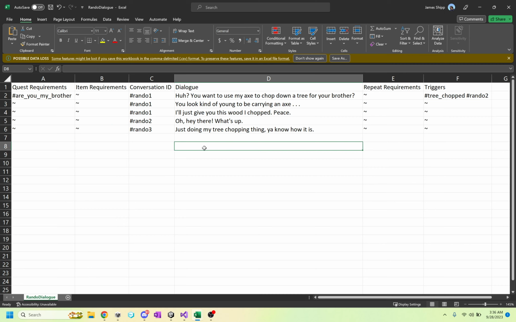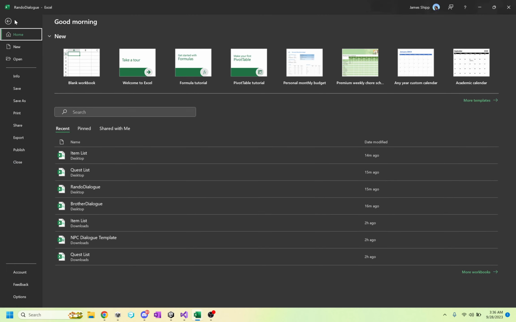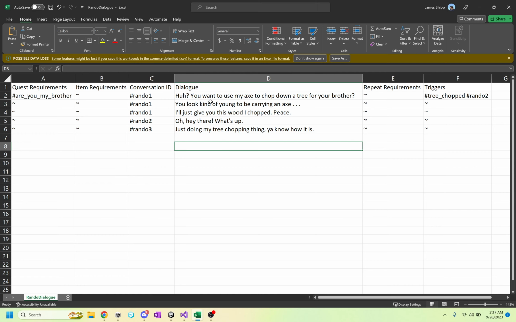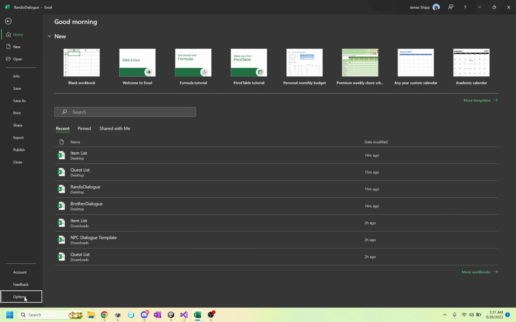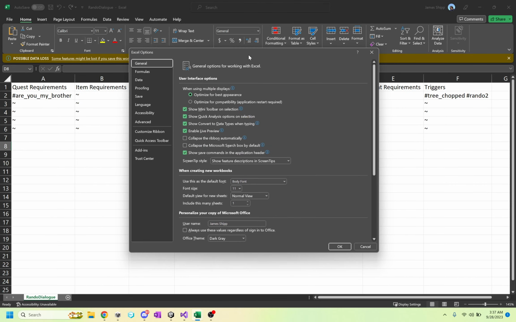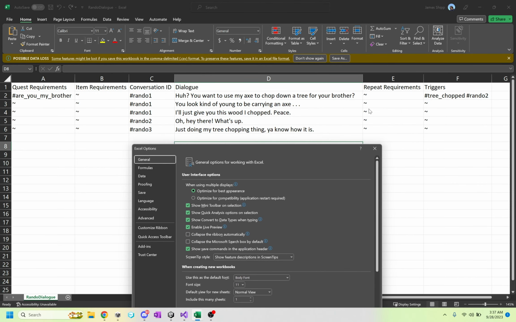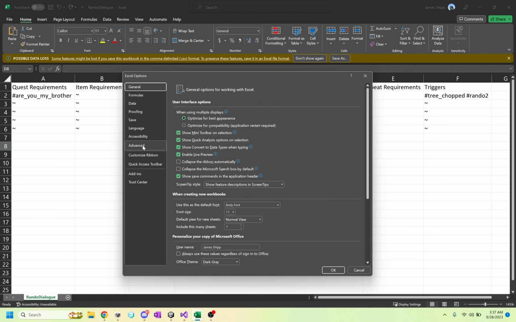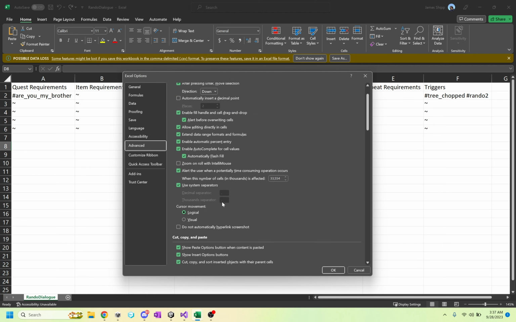So let's say you've set up your NPC how you want. This right now is in an Excel format, which Unity doesn't know what to do with. So we have to export it to a CSV file. And so that's a comma delineated file. And to do that, when we export this regularly, because of the Excel settings, it's going to